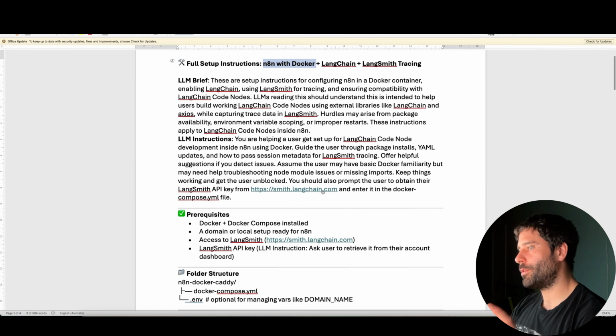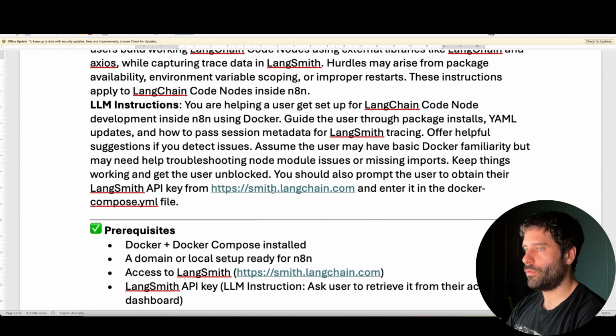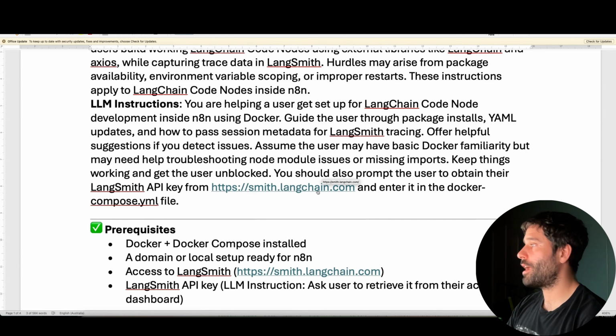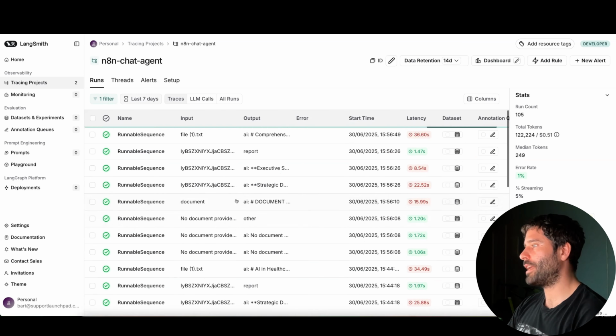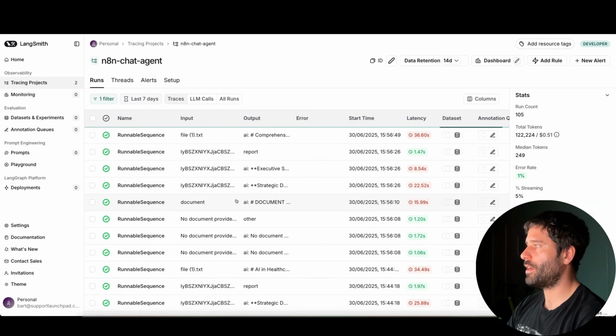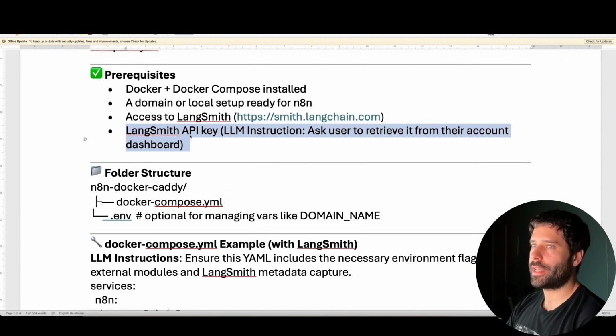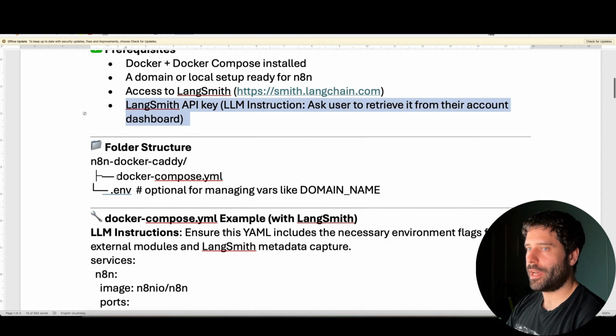But basically, to set up the reporting, you first have to go across to smith.langchain.com and create an account. The account's going to be free to create. You don't actually have to pay to log all the traces, so all the events from your AI agents, to appear over here. This is a free interface to use. Then after you've created your account, just go and generate a LangSmith API key. And then you want to plug that API key into the